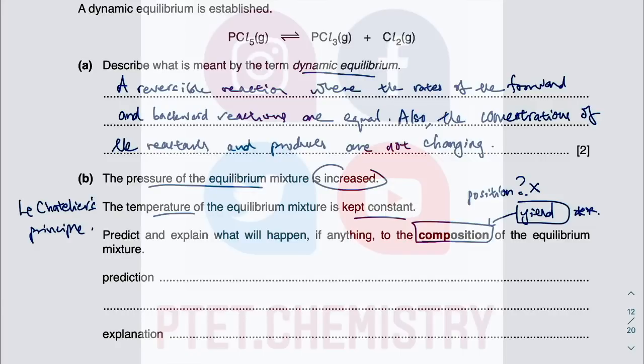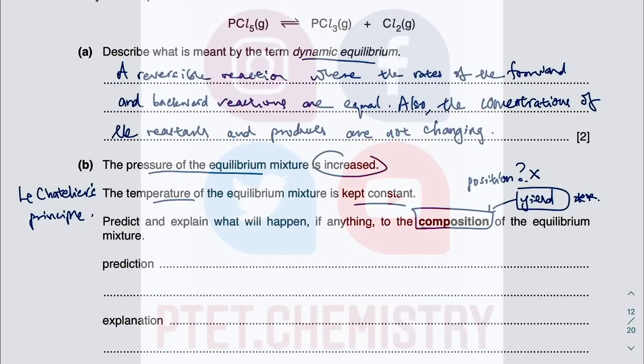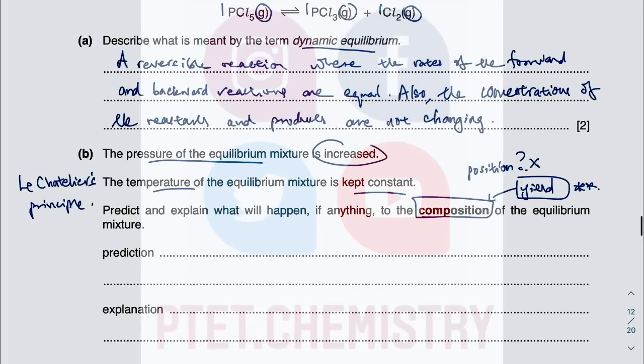So I've given you a few definitions there. When you don't change temperature, we are not concerned about enthalpy change. We are looking at the number of moles of gases. They don't show the number in front, which means it's 1, 1, and 1. I'm going to explain first because it's easier to explain first than predict. So I calculate and then I state. There is 1 mole of gas